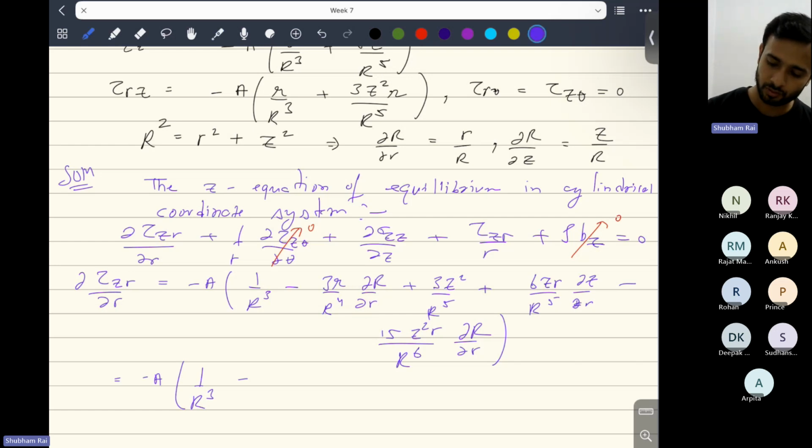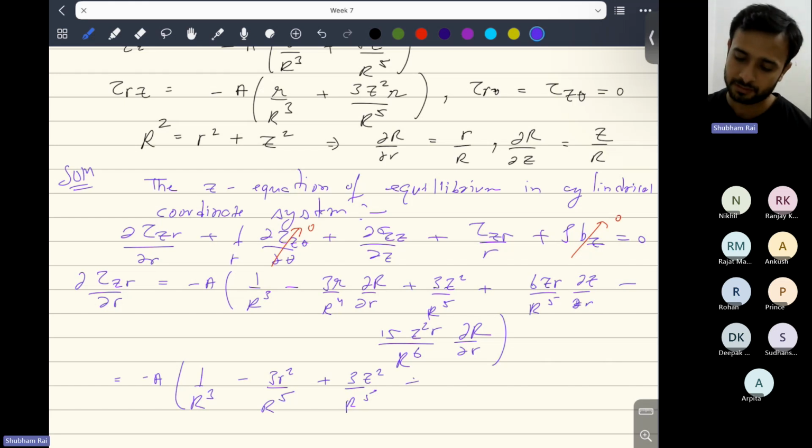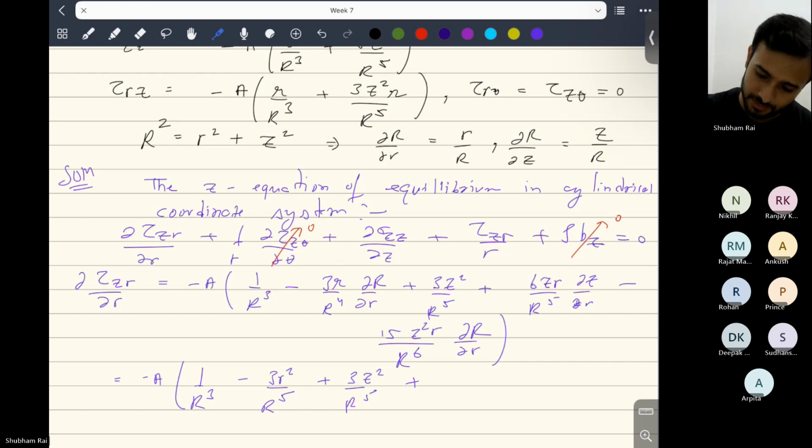So if you do that, small r, it will be 3r square by r to the power 5 plus 3z square over r to the power 5 plus del z by del r. I think this will not be there because z is not a function of r. So this term will be 0